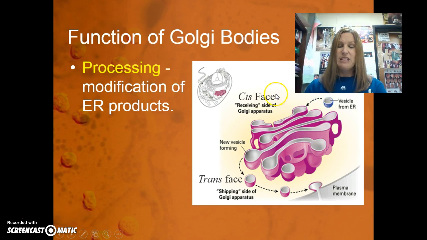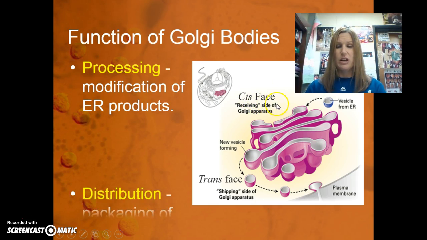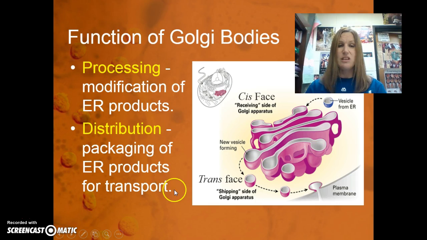The Golgi apparatus receives it on the cis face. Okay, so this is the part that it receives. Then it goes through, modifies that product from the ER, and then it distributes the ER product for transport, as you can see. So here's the trans face, new vesicle forming, shipping side, and it throws it